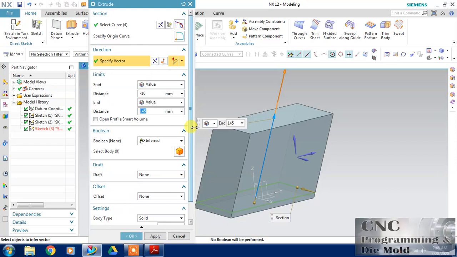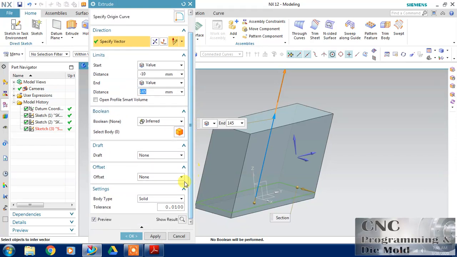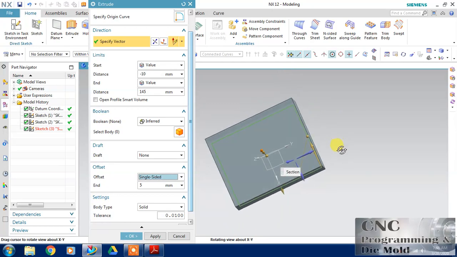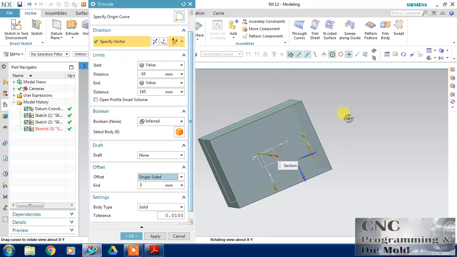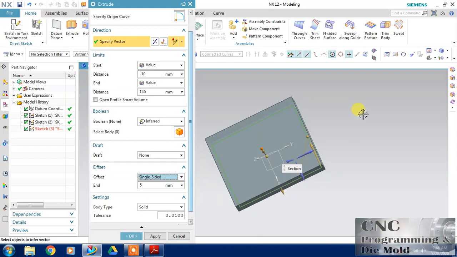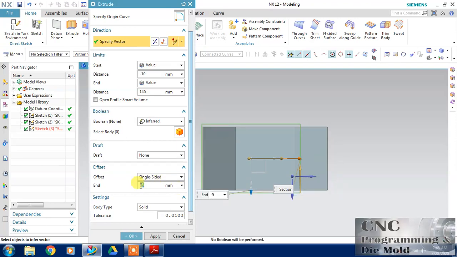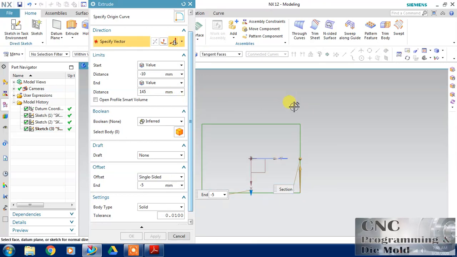So very easy. And again we have some options like this offset. I choose this offset single side, so it will automatically offset 5 millimeter. Offset outward, this is outward, or if you type it as -5 it will come inside, or just change this to normal.